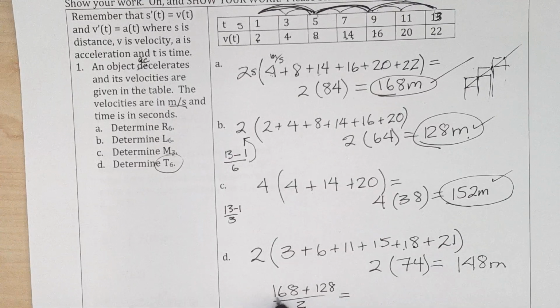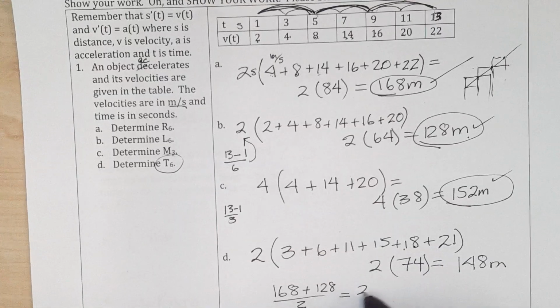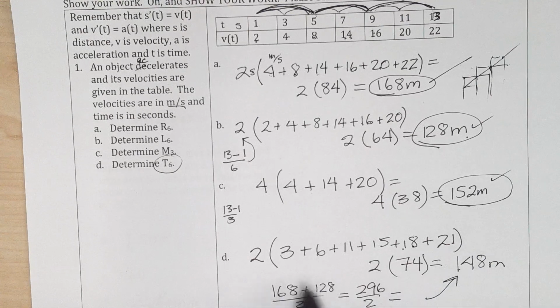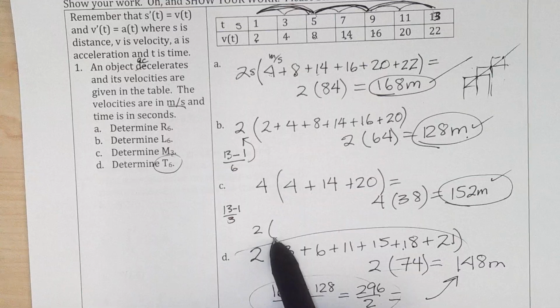This is 16 and 12 is 28, and 16 is 28, 280, 296 divided by 2, which is 148. Same answer. So you could do this, you could do this, or you could do width of 2, get half